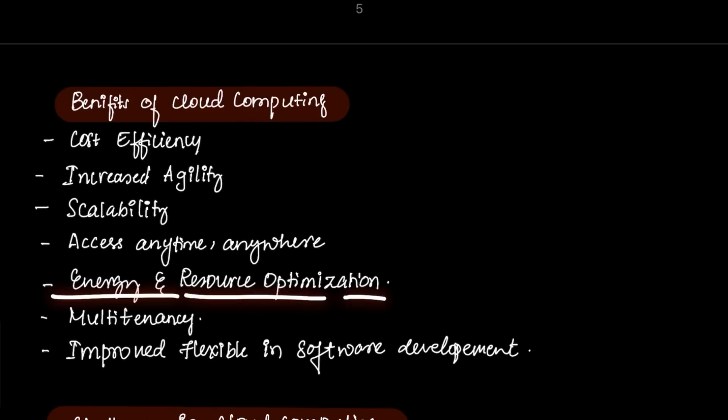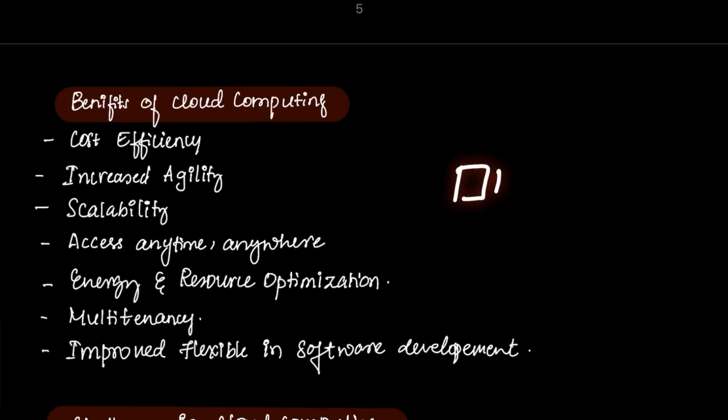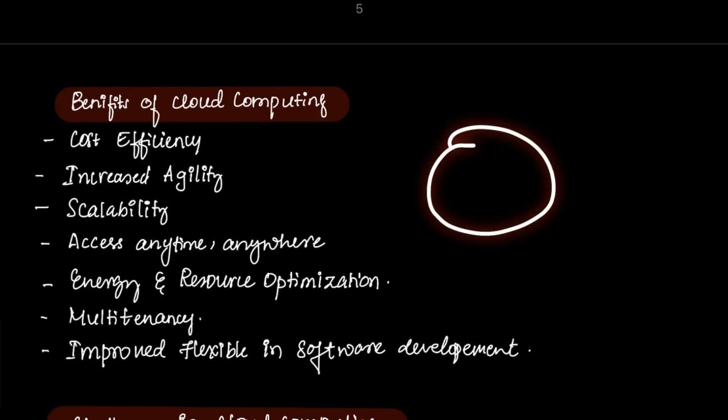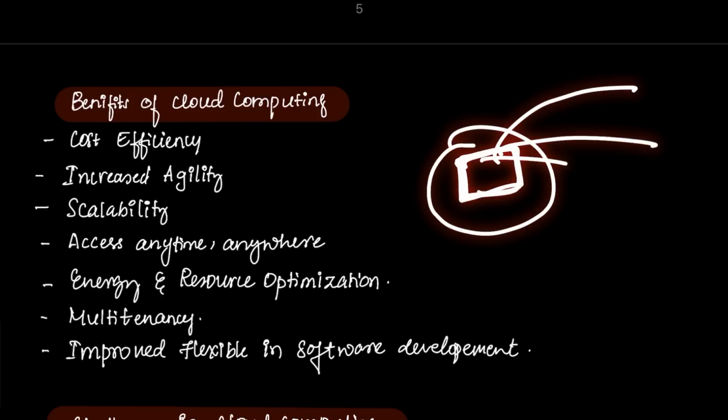And then we have energy and resource optimization. That is, centralized cloud data centers are present, which offer better energy efficiency and resource utilization compared to me having a system at my home, you having a system at your home. This will consume a lot of energy compared to one data center which is used by thousands and millions